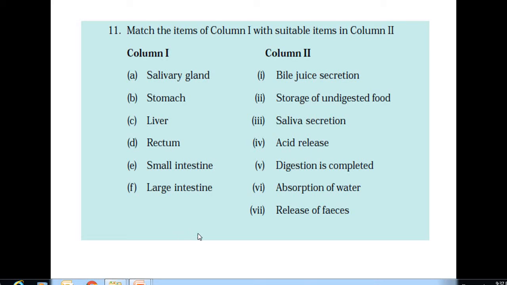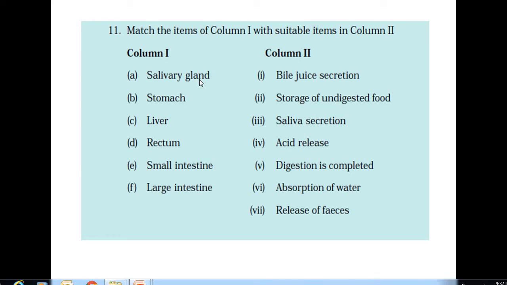Okay. This worksheet will be done by you. You write answers. Select the correct answers and write them in column 2 along with column 1. For example, salivary gland: here you write salivary gland, and here you write saliva secretion.